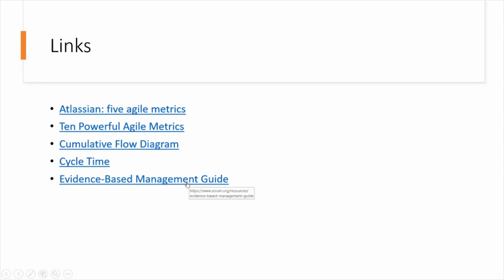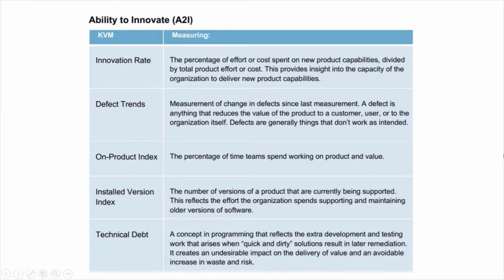Okay. So let's review the last one, right? Ability to innovate. Here, the most important metrics would be defect trends and technical debt, right? The most popular ones and the most important to take into consideration. Why? Because technical debt, if someone is not familiar with the concept, arises when you try to deliver fast, but you have some complex work to do. And in terms of the code, right, you decide to use some impractical or maybe code based on bad practices in order to be able to deliver a particular user story or a particular functionality,